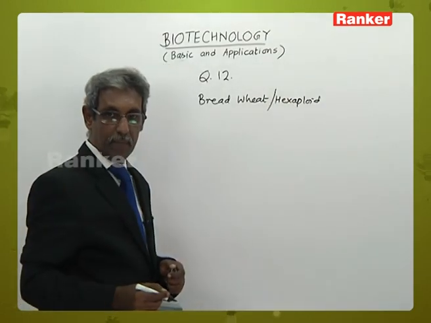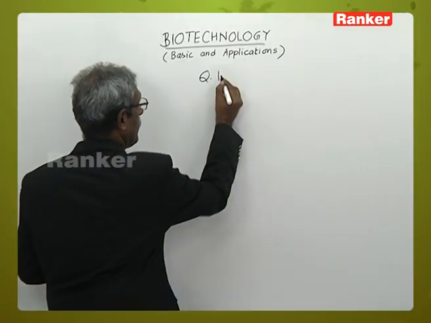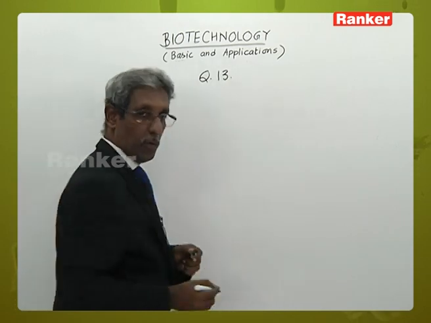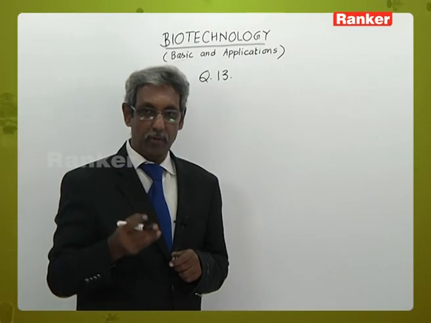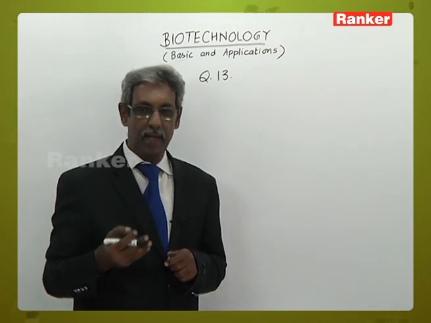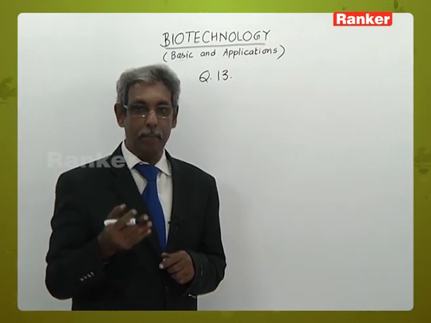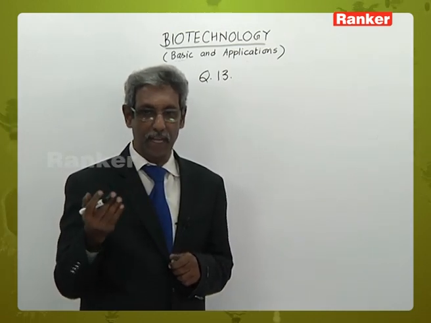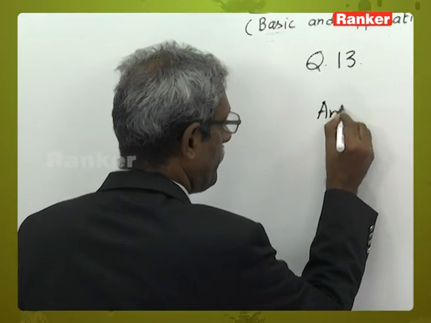Bread wheat is otherwise termed as hexaploid wheat, and the answer is B. Question number 13. Androgenic haploid culture, or pollen culture, or anther culture, has been initially studied by Sipra Guha Mukherjee and Pancha Maheshwari of University of Delhi. So, for the 13th answer, always anther culture